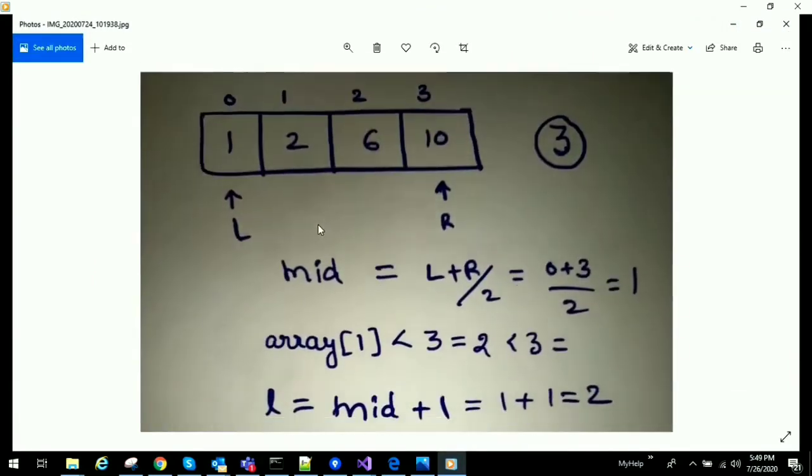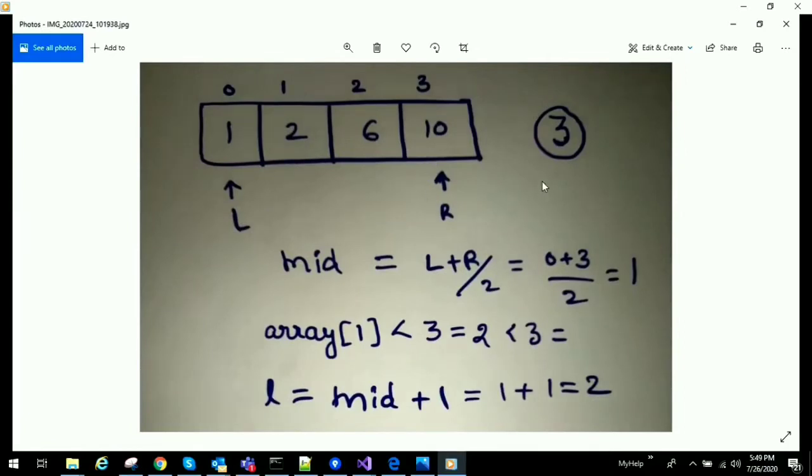I have taken an array which contains 4 elements, and I am going to identify the right position for the value 3. First we need to calculate the midpoint for this array. How do we calculate the midpoint? We take two indexes, that is, left index and right index. Initially the left index will be 0 and the right index will be the last index of the array. And we calculate mid like this: mid is equal to (left + right) / 2, and left index is 0 and right index is 3, so 3 / 2 is 1.